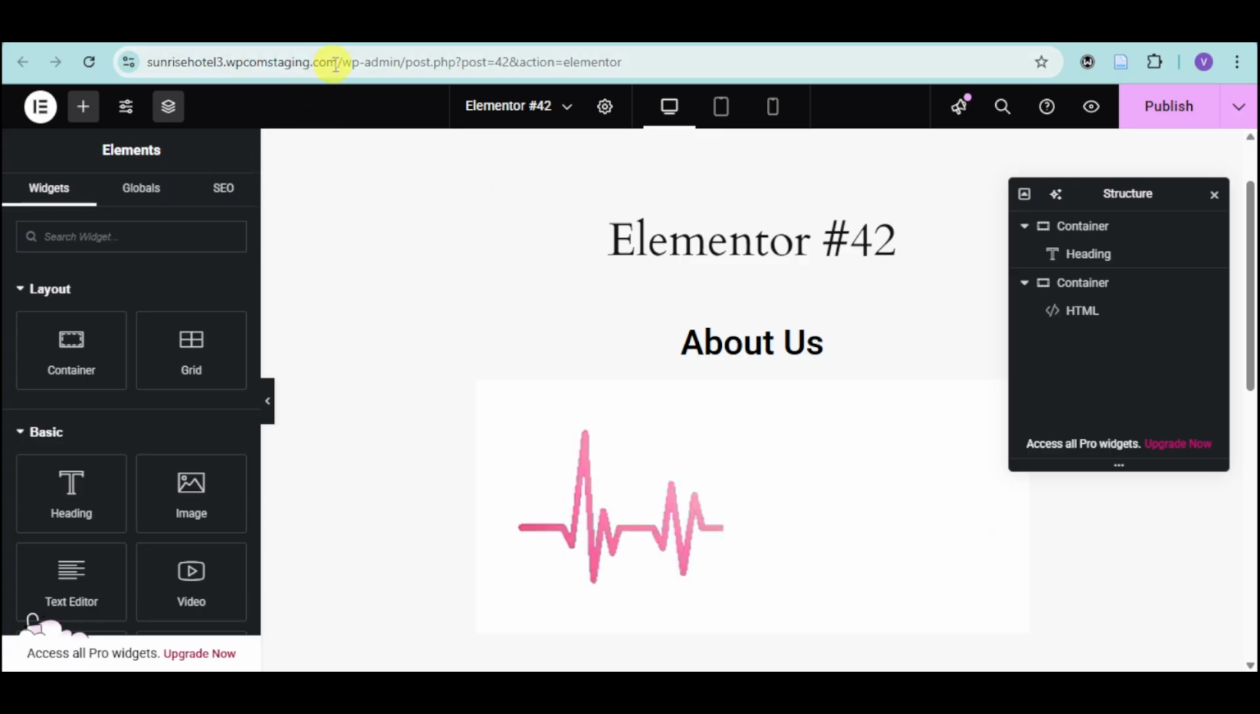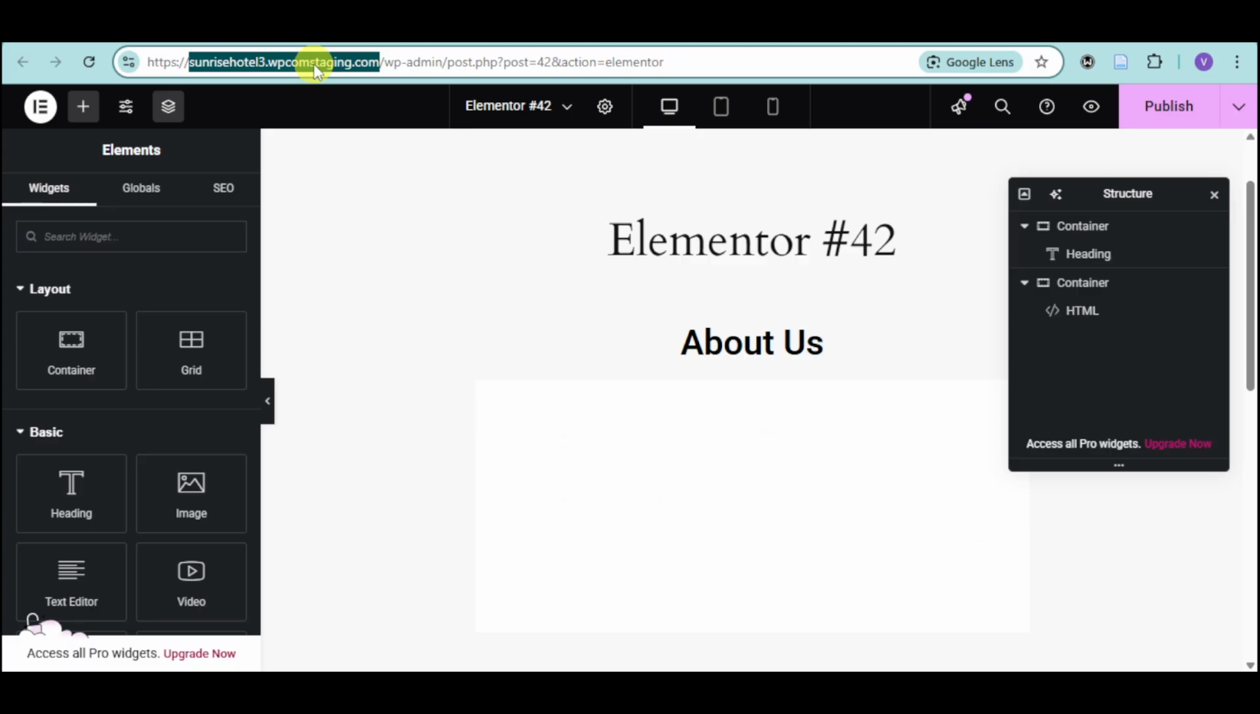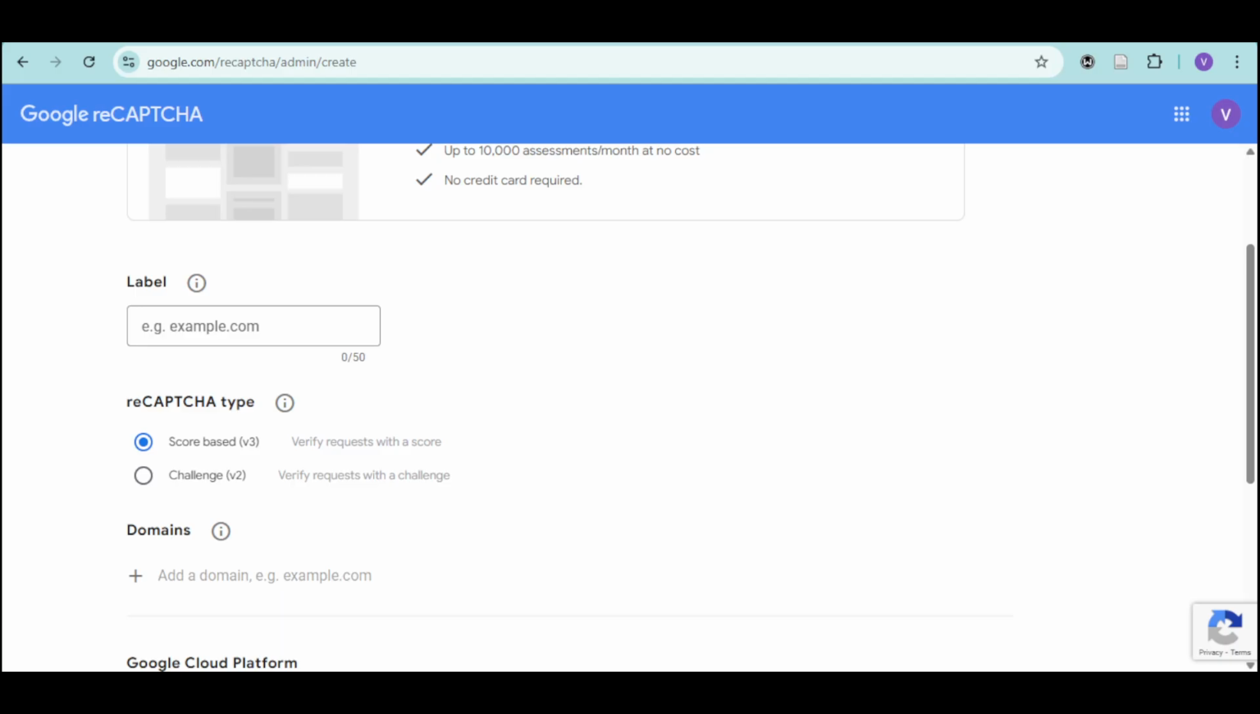As you can see, it's the Elementor editor. In my case, let me copy this domain that we have right here. Just right click and click on copy. Once we have done that, we need to head over to the Google reCAPTCHA. You can do so by going to